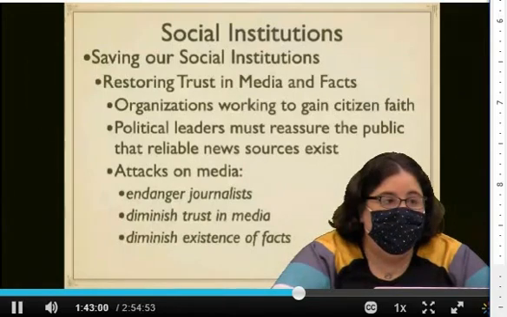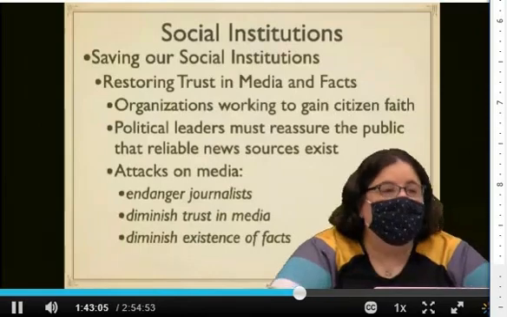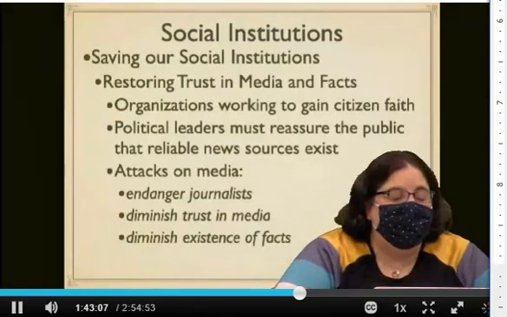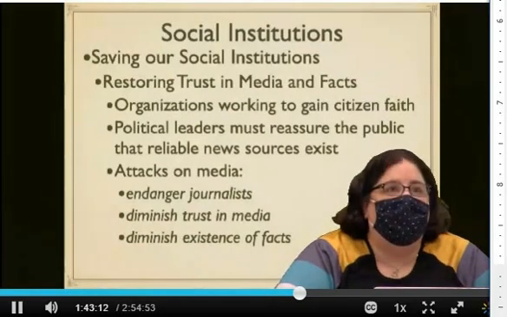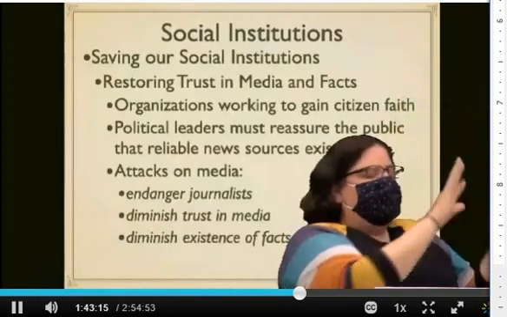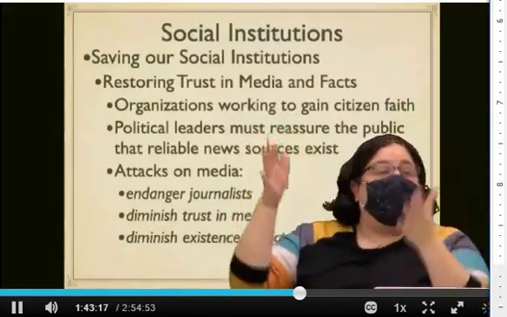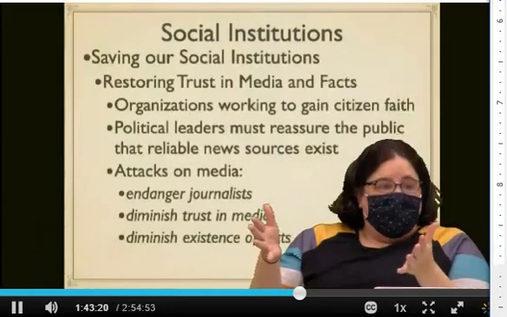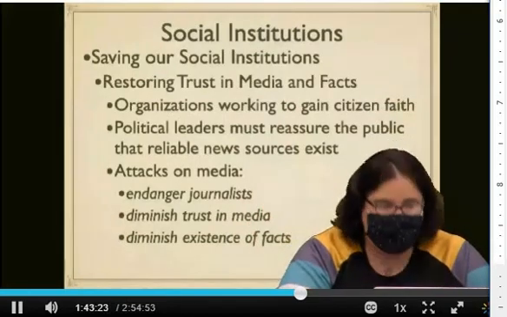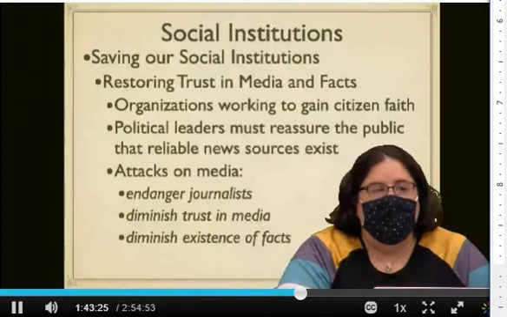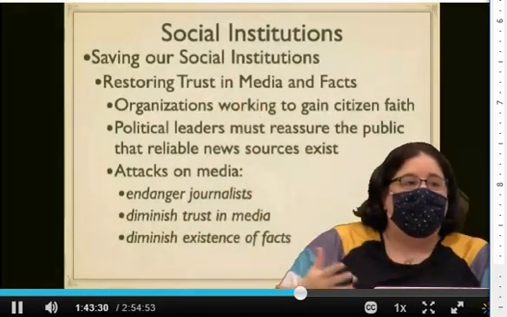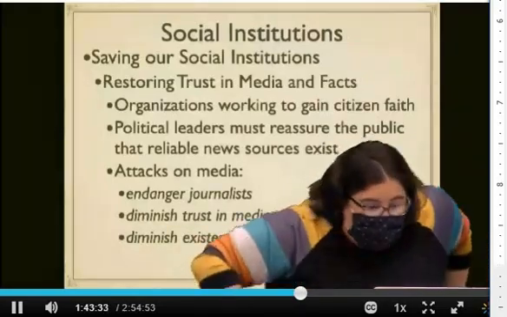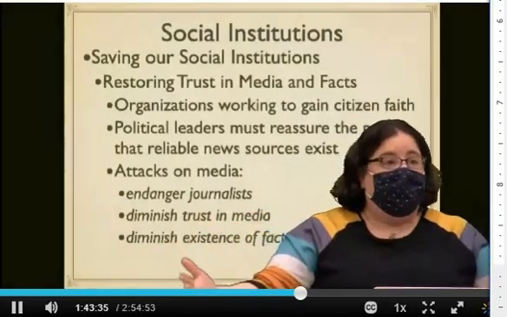He should have been at least put on probation. 17 years old holding a firearm that he shouldn't have in his hand. So I agree with you. The media has done a poor job of representing certain kinds of crime, but also of holding itself accountable. They don't hold themselves accountable. How am I going to trust what I'm listening to? In order for them to restore the trust, they need to start doing more like Chris, getting rid of people who violate the public's trust.